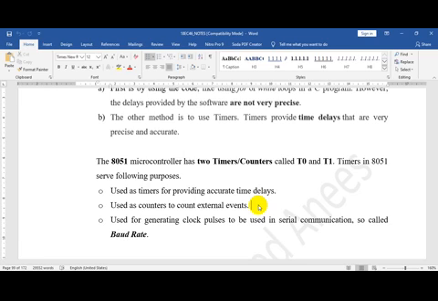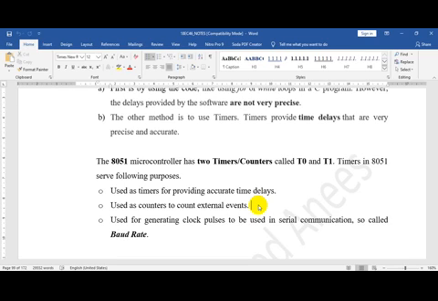If you want to count any external event, for example, let us assume there is a conveyor belt in some industry, and the products are passing, and you want to count how many products are passing per hour on that conveyor belt.